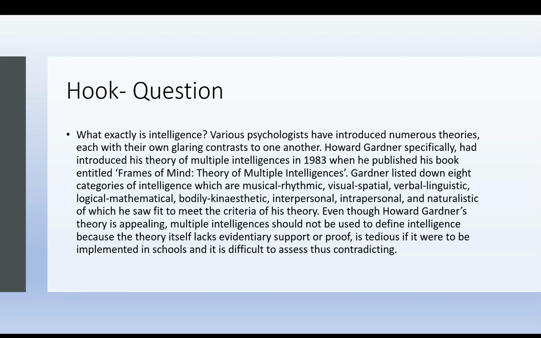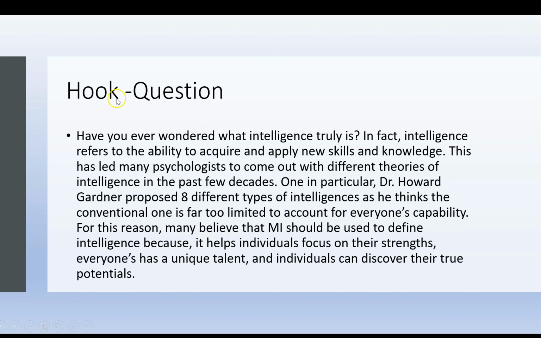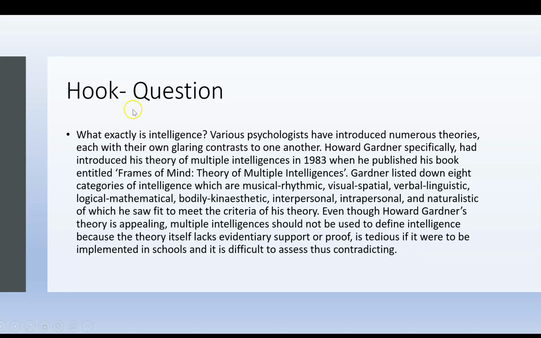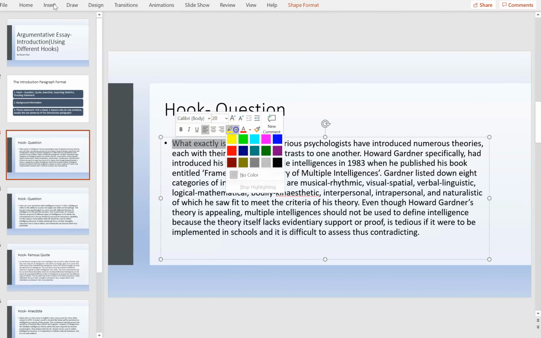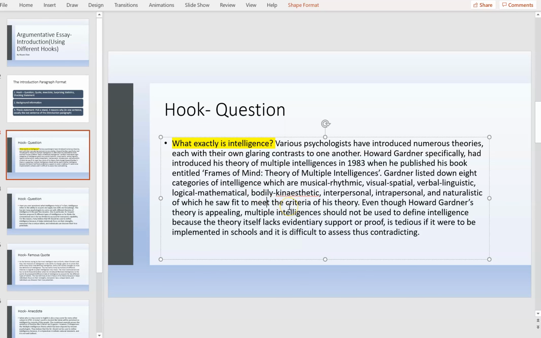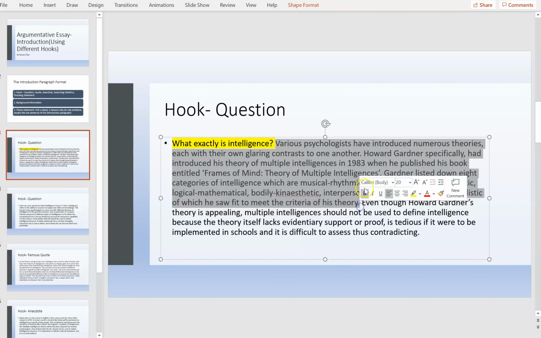In this paragraph, as you can see, this is a question hook. What exactly is intelligence? This is a question hook, so let's highlight this. Usually the question hook is easier to write and to think about because you don't need prior background knowledge, like for a shocking statement or a surprising statistic. It is easier to actually come up with. As usual, the rest of the paragraph will be